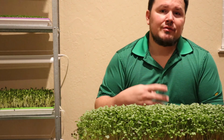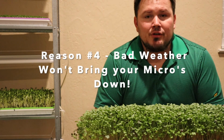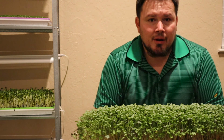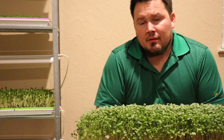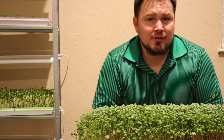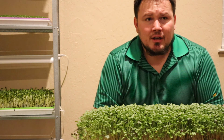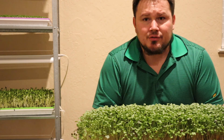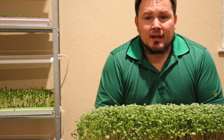And this ties into the fourth reason, which is weather is less likely to have a negative impact on crops when you're growing microgreens. Weather can be really finicky, and even if you're not likely to have an issue with frost, for example, if you're in the southern United States compared to the northern, there's still the issue of if you have a big rainstorm, or if you have an early dry spell, in either of those cases, weather can